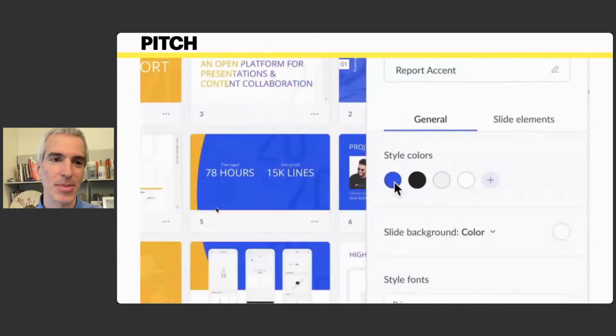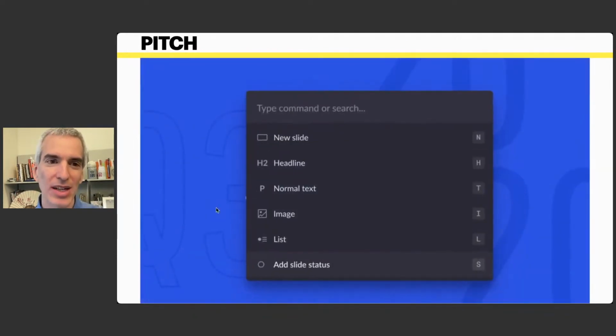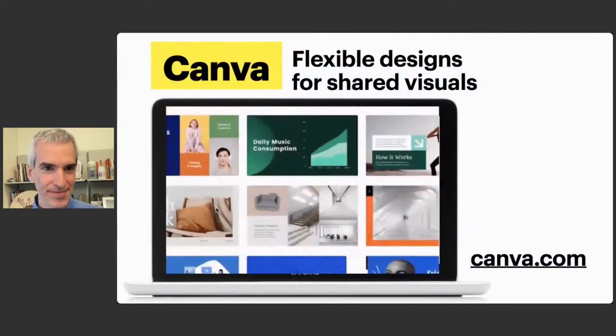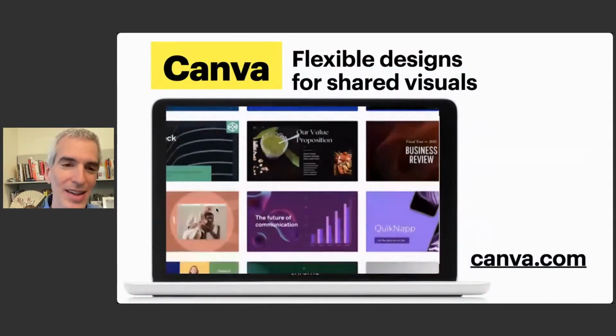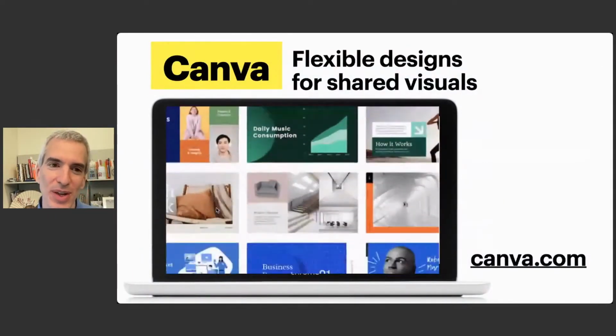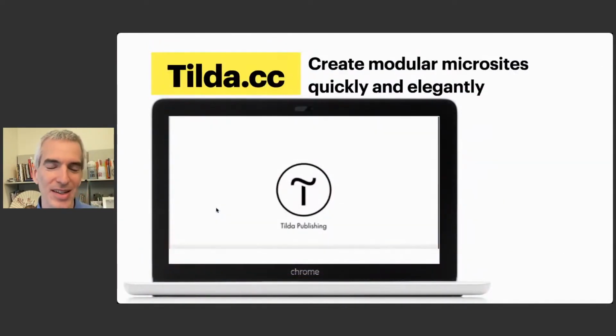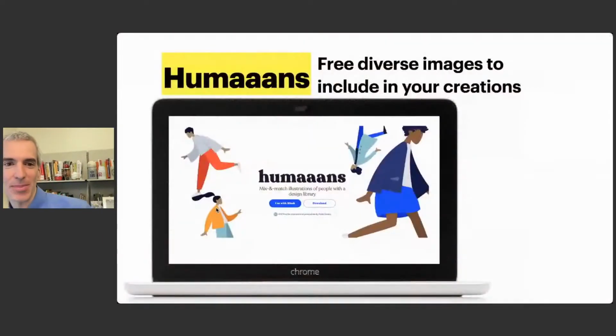But sometimes I like to mix and match to add a greater variety of visuals. Canva has some nice visuals as well that work really well embedded into a site that you build with Tilda, for example. Finally, if you're including images that are stock images or simple fill-in images or illustrations, I encourage you